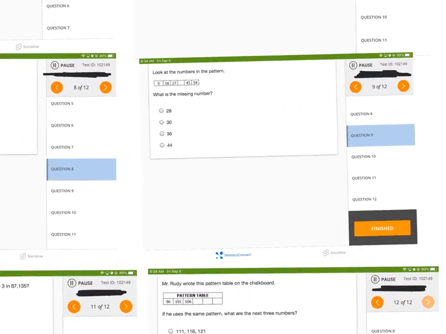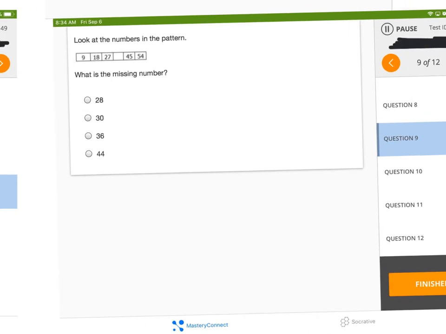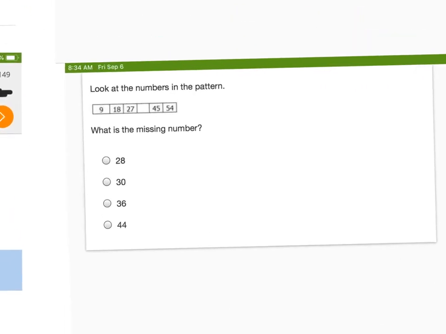Alrighty, and number 9 was a pattern. You need to look at the numbers and decide, are they getting larger or smaller? These are increasing, so we know it's either addition or multiplication. Now, 9 plus something gives me 18, or 9 times something gives me 18. And then I need to ask, what gets me to 27? And if I look closely, right here, if you add 9, you get to 18. If you add 9 again, you get to 27. So we're going to say 27 plus 9